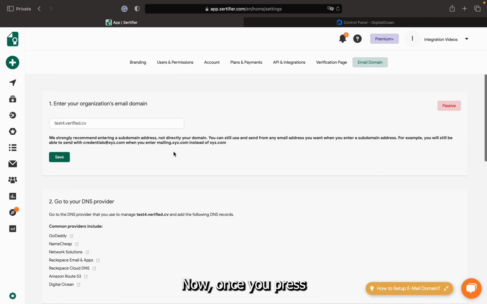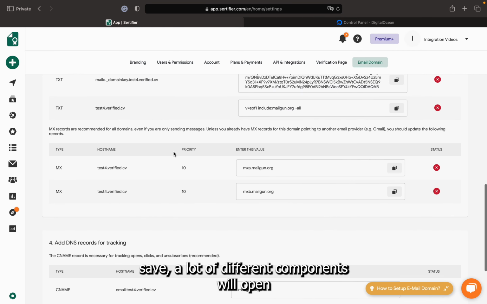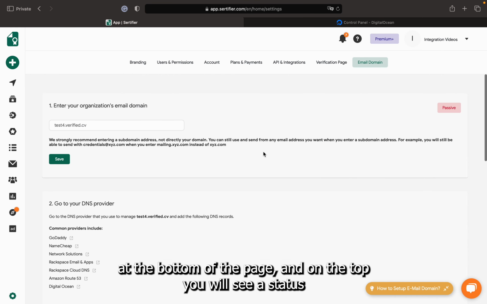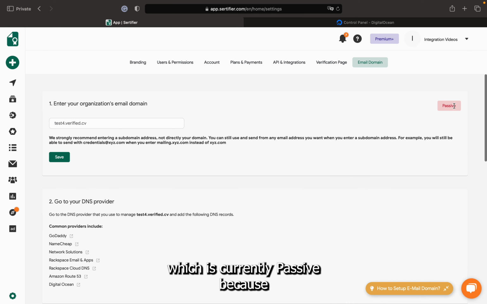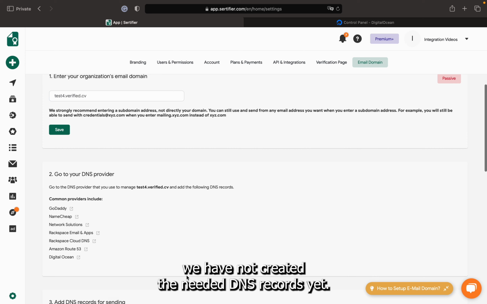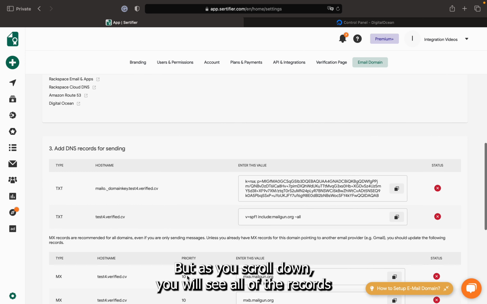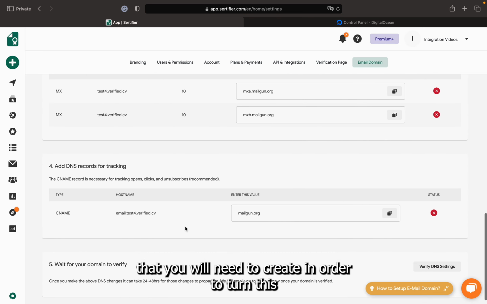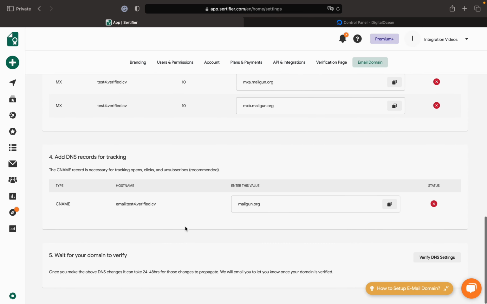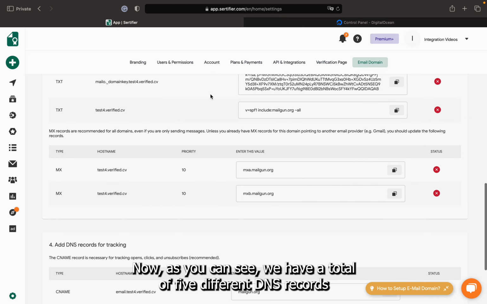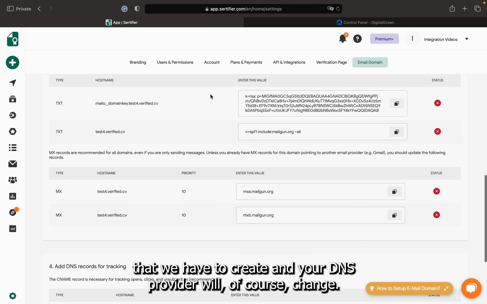Now, once you press save, a lot of different components will open at the bottom of the page, and on the top you will see a status, which is currently passive because we have not created the needed DNS records yet. But as you scroll down, you will see all of the records that you will need to create in order to turn this email domain to an active status. Now, as you can see, we have a total of 5 different DNS records that we have to create, and